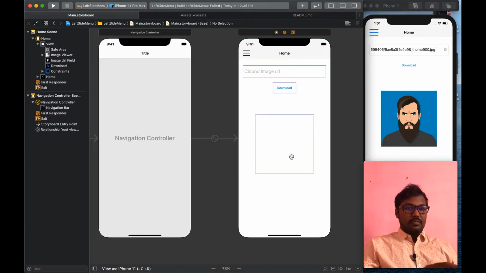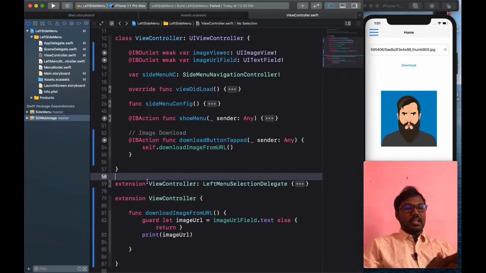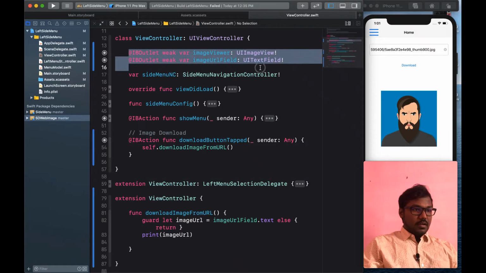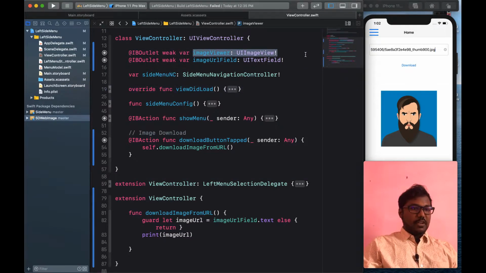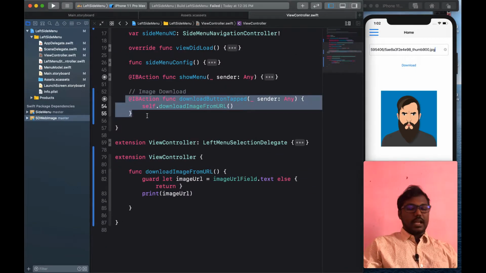I also mapped each UI component to the view controller. I already implemented the outlets for the image view and the text field, as well as the download button tapped action.